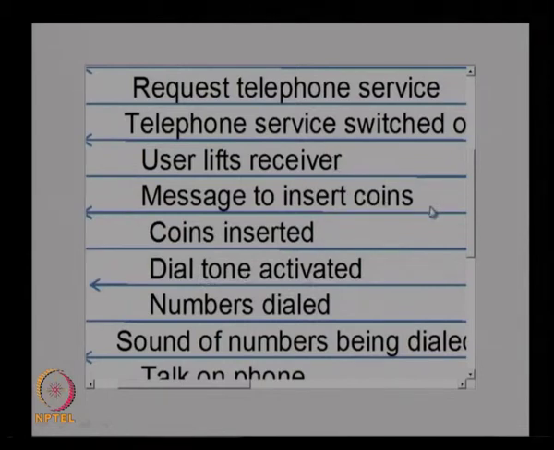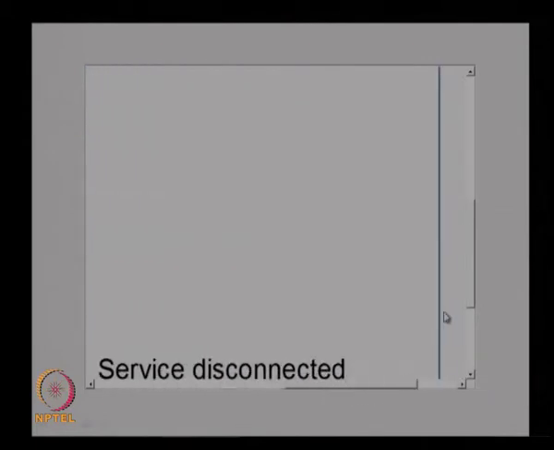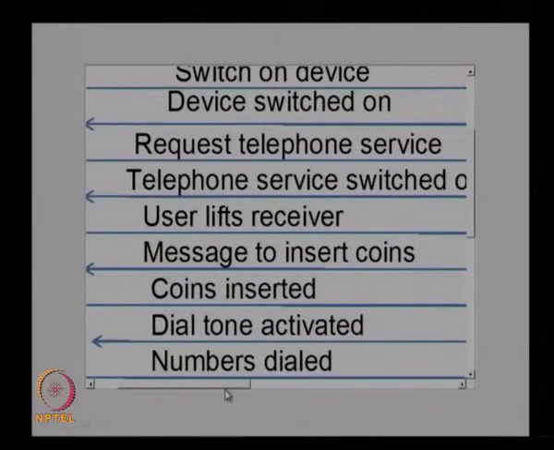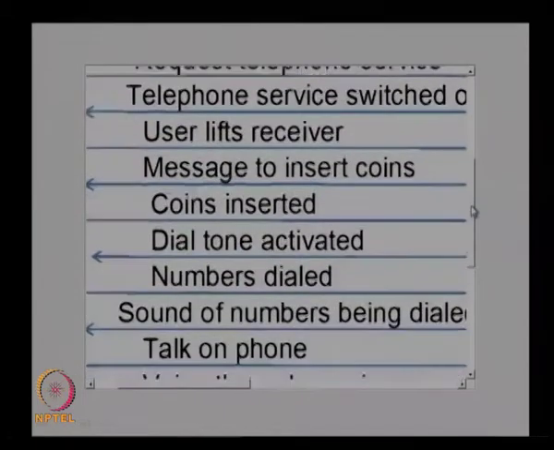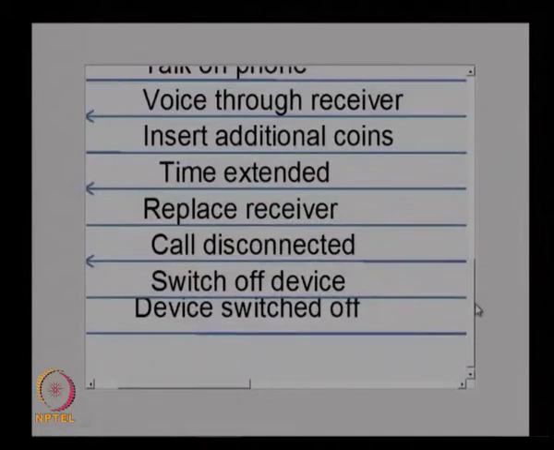If it is not coin, then it will be a card access mechanism. Depending on that, we need to identify what kind of interaction takes place. Once it is connected, the telephone will be connected to the telephone exchange. Through the telephone exchange, you will be provided with the service that is shown here. There will be a request for the telephone service from the terminal, and that will be established by the telephone exchange, then it will go to the next level. So that is how the input output trace for this particular scenario looks.